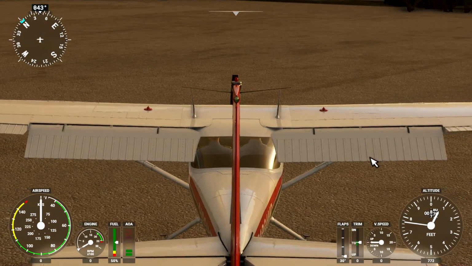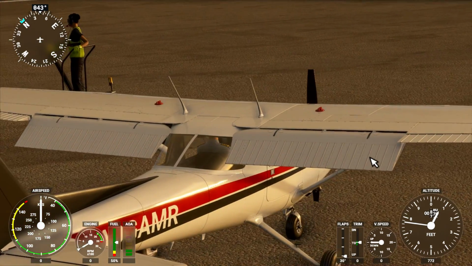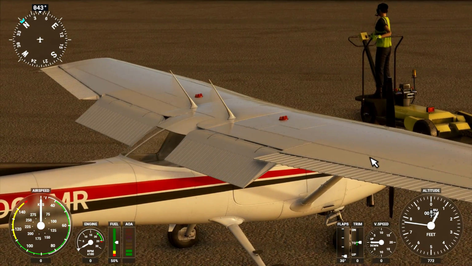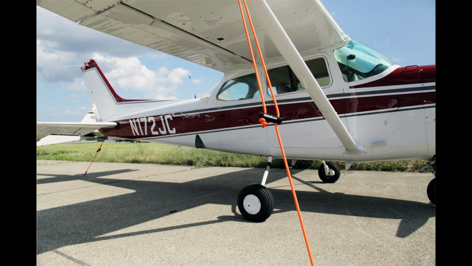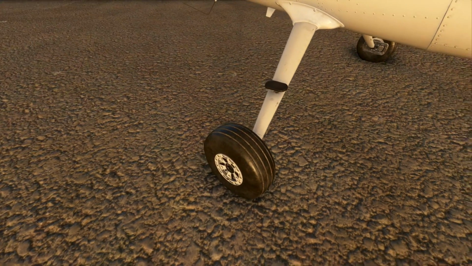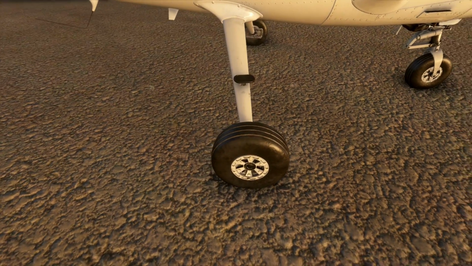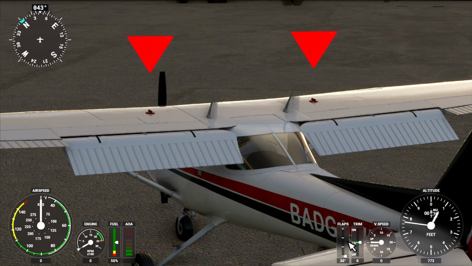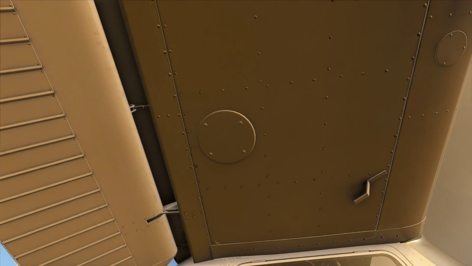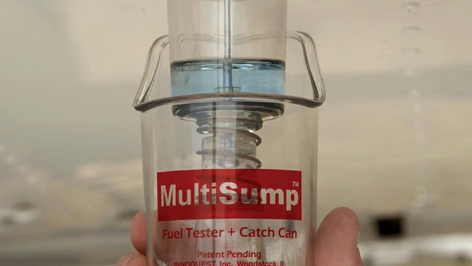Section 3 of our checklist begins with the right or starboard wing's trailing edge to inspect the flap and the ailerons function to check for any visual issues. The right wing tie-down is removed and the undercarriage is inspected to ensure there's no visible damage and the tire is in good shape and properly inflated. There are 2 fuel tanks, one in each wing that holds 13 gallons each. Each wing has a fuel sample point, and a sample is taken from the right wing tank to check for